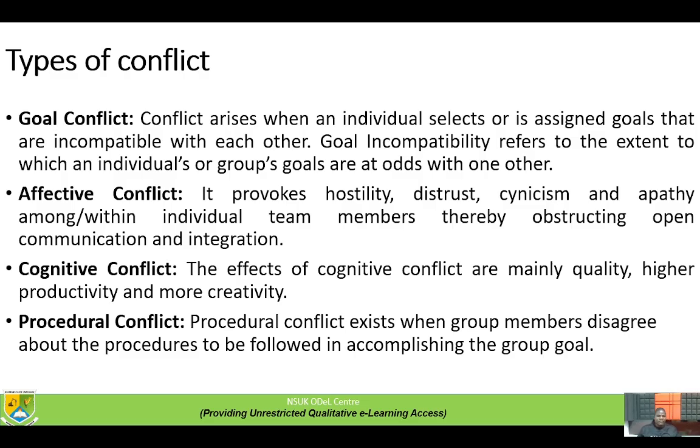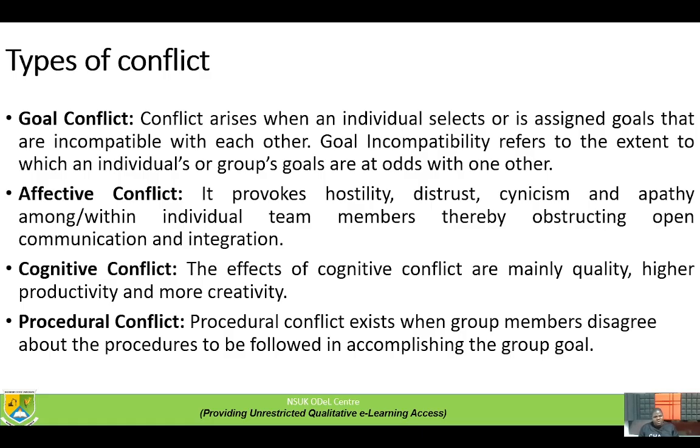And so this kind of conflict always arises in most organizations of this type, when team members begin to see each other as enemies, or begin to have unhealthy competitions, thereby affecting their level of communication and their level of interaction. You see colleagues not discussing with each other, maybe because they feel one is being promoted unfairly and all of that. So those are the things that have to do with affective conflict.